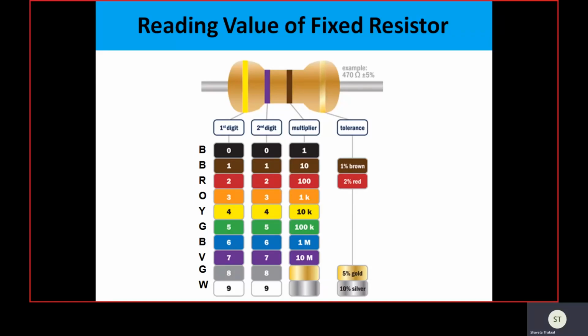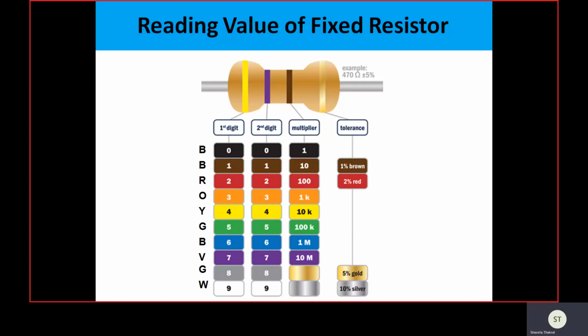But if the value is not falling in the range we have calculated, that means it is not considered for the circuit, and that leads to some malfunctioning of the circuit, because the expectation from a particular resistance value is that it should be the ideal value, or be in the range of plus minus tolerance of that ideal value. And if the value goes beyond the limit, that is not acceptable, or that will give you some wrong result or error.